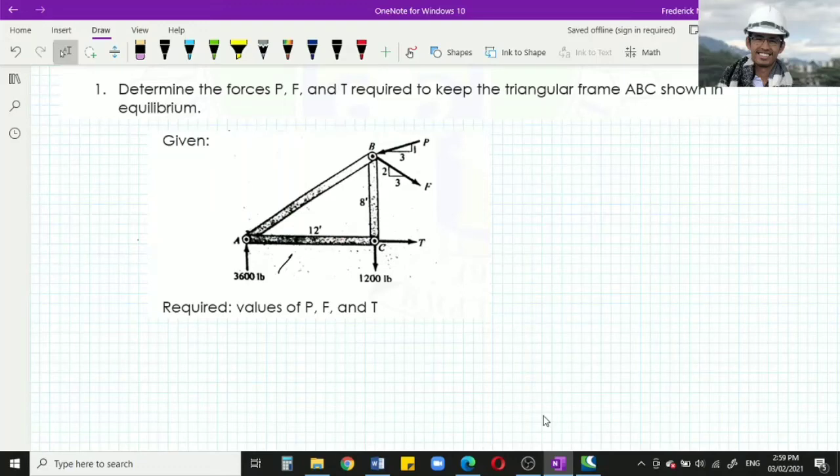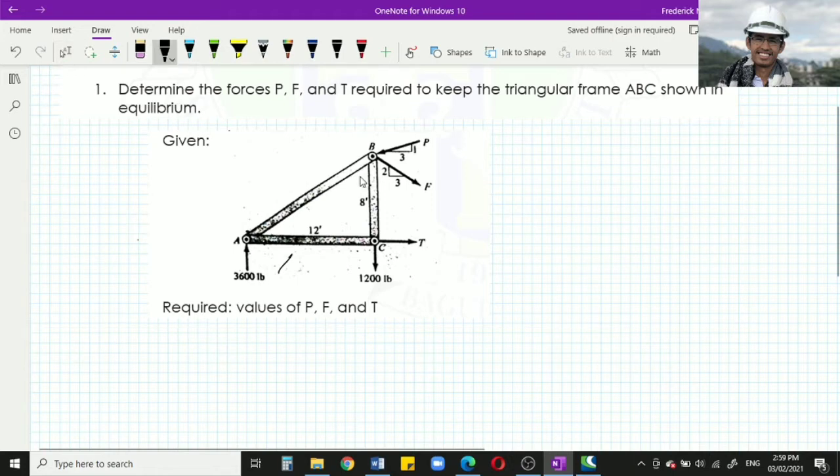So, next example tayo. Determine the forces of P, F, and T required to keep the triangular frame ABC shown in equilibrium. So, meron tayong given na triangular frame. And para maging equilibrium sila, kailangan nating i-determine kung ano yung value ng force T, and force F, and force P. Okay? So, kapag triangular frame or truss, we can use yung ating summation of moment is equal to 0 to determine the